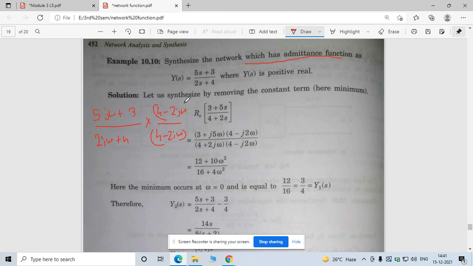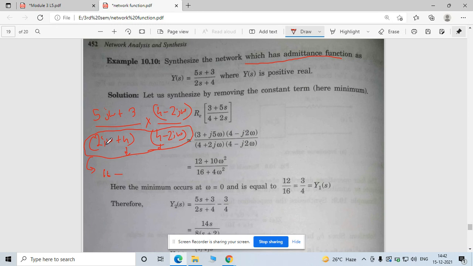When you multiply the numerator and denominator by this term, you will get, so observe that your denominator term is getting real, right? The j omega term will get removed from here, right? What is the denominator here? See, this is nothing but your a square minus b square format, right? What is a? a is 4 here, so 16. And what is b square? A square minus b square, what is b square? It is 2 j omega, so 2 j omega whole square, right?